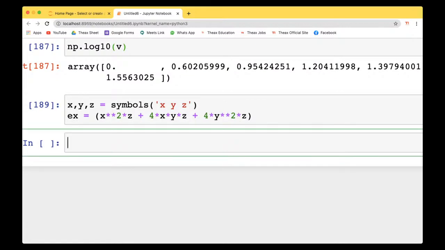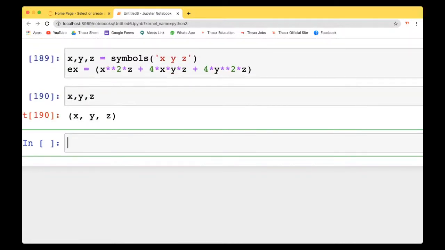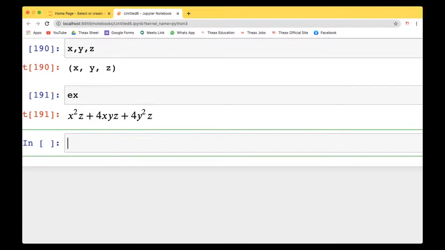Alright. So x, y, and z are the symbols. If you see the expression, it would be x squared z plus 4xyz plus 4y squared z, right? Okay. Now, this is a particular equation you are getting there, right? If you want to factorize it, what we can use is factor. So if we apply factor to this expression,